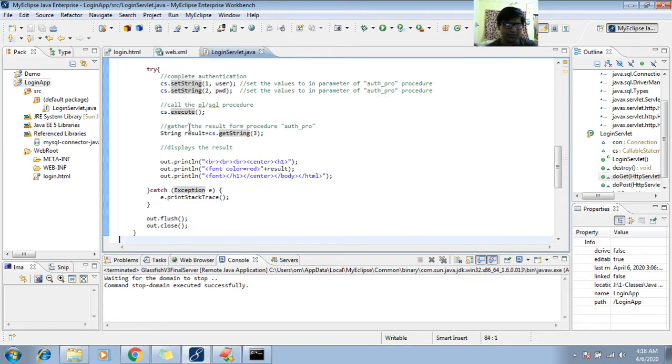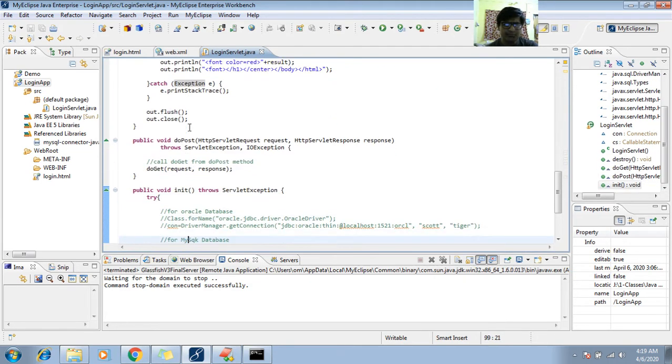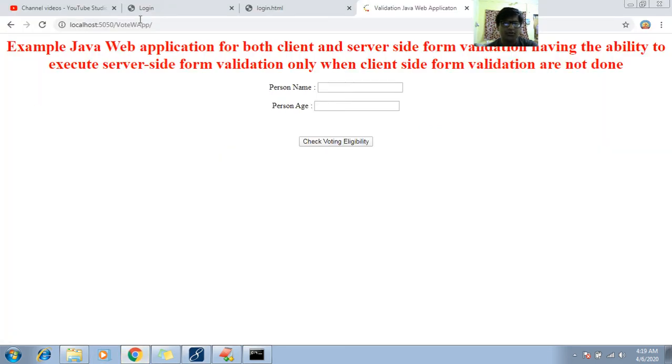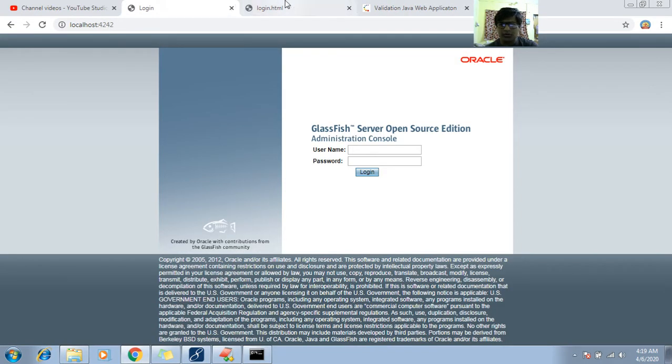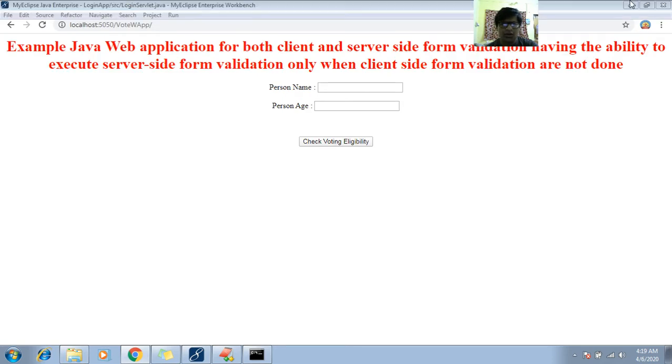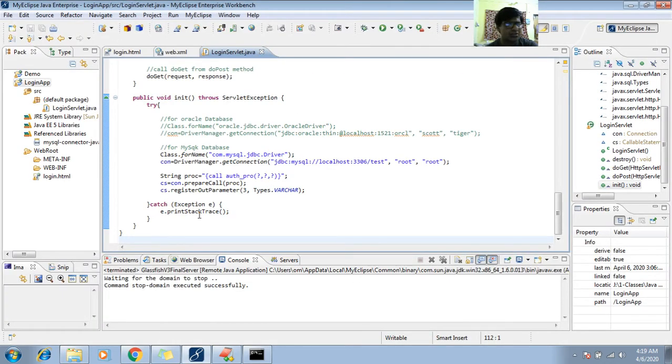So this application we created a few days back. You can refer to the 150 number tutorial. So this was about Glassfish we tried earlier. Now let me try with this application.